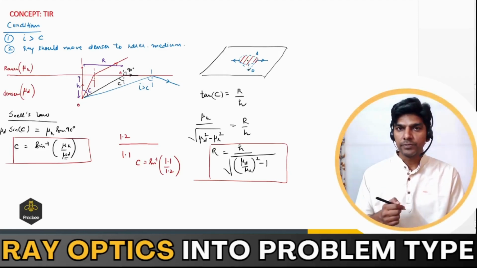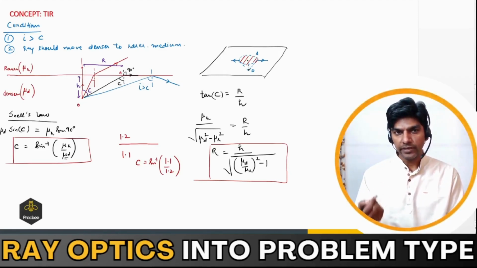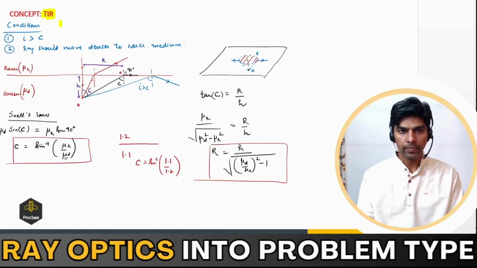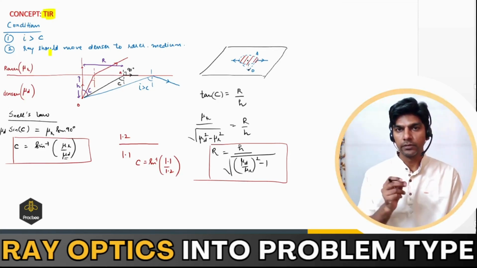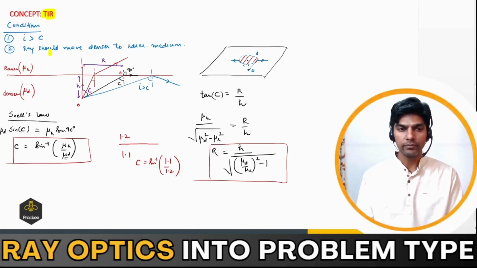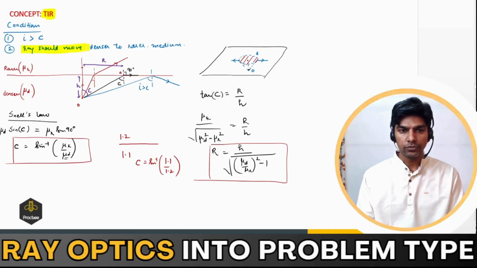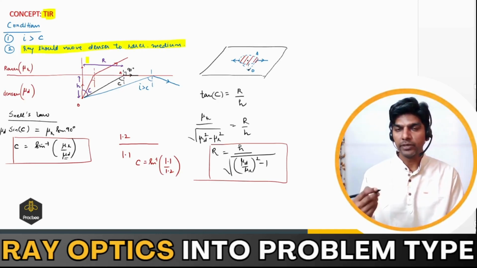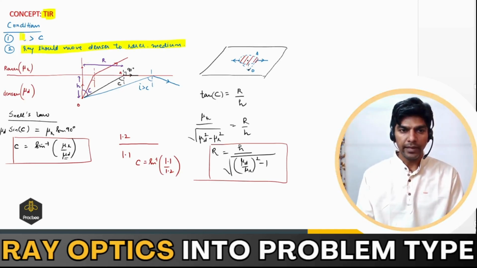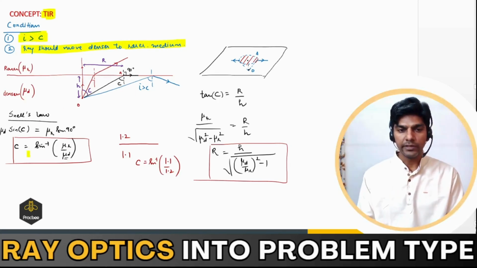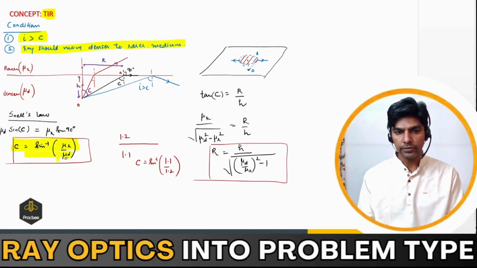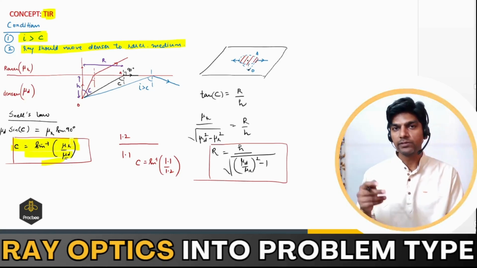So the next concept or the next problem type is based on TIR, that is total internal reflection. And what is the condition for TIR? First of all, the object should be placed in a denser medium. The ray should move from the denser medium to the rarer medium. So that is the first condition. And the angle of incidence on the interface should be greater than the critical angle. And what is the critical angle? It is given by sine inverse mu r by mu t, where mu r is the refractive index of a